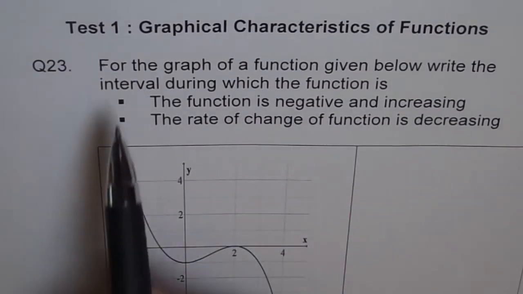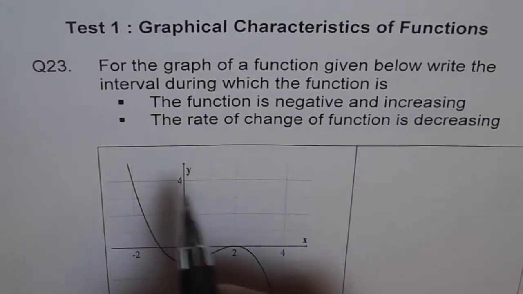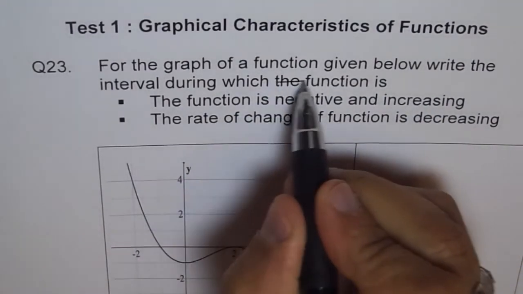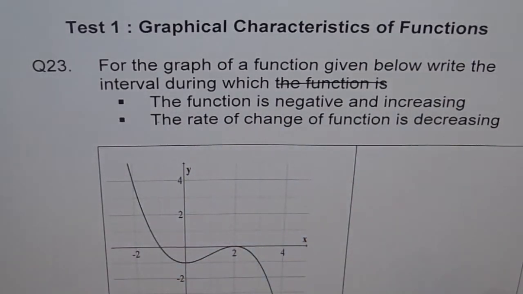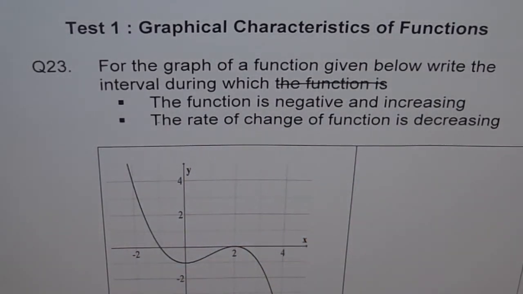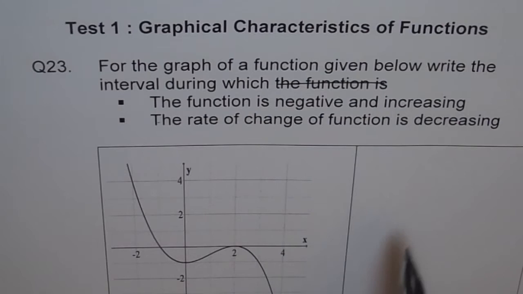So let's read the question again. For the graph of the function below, write the interval during which the function is negative and decreasing. So find where the function is negative and decreasing and write that interval. And the second part is where the rate of change of the function is decreasing. Okay. Now,